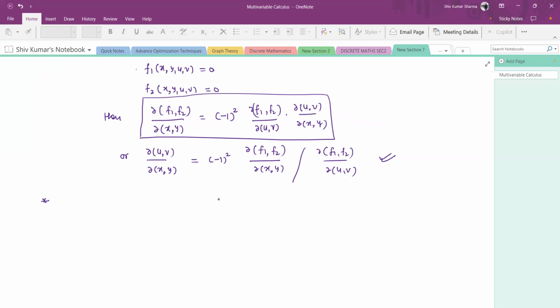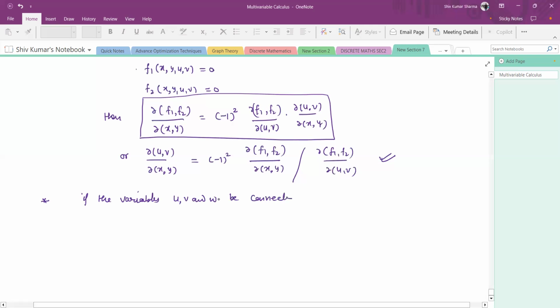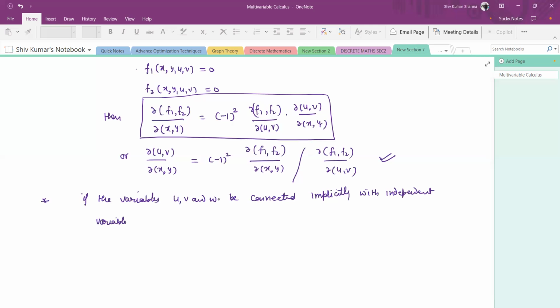So second, we write down as: if the variables u, v, and w are connected implicitly with independent variables x, y, and z by the relation,